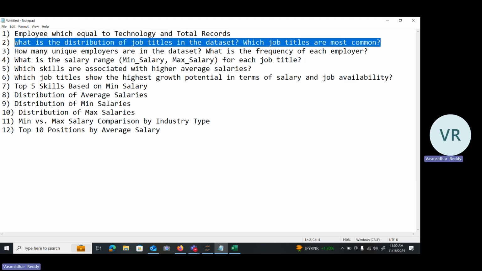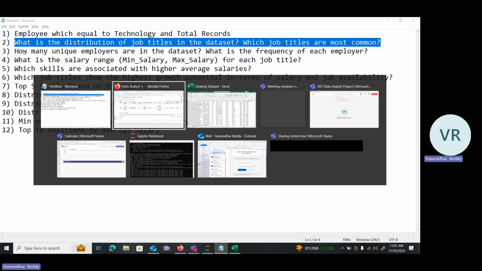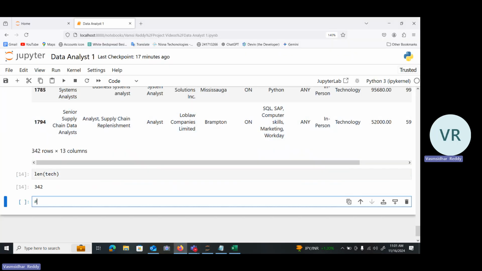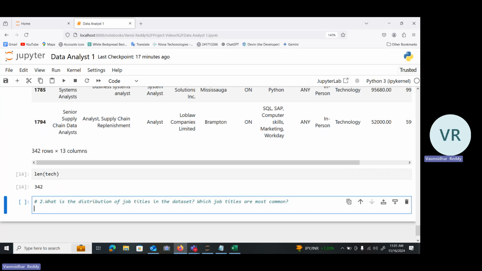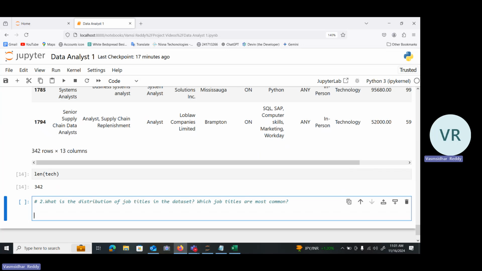So next question: what is the distribution of job titles in the dataset? Which job titles are most common? So we need to identify the distribution of a job title first. For that, I'm writing a variable name, job title distribution, equals data dot